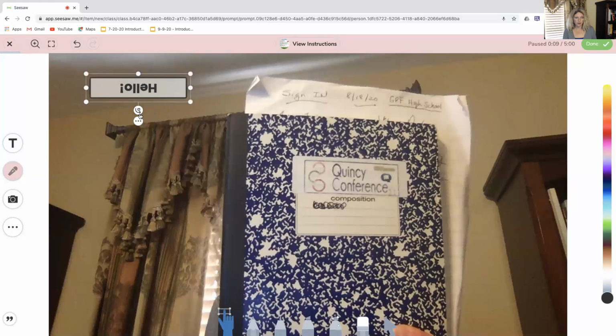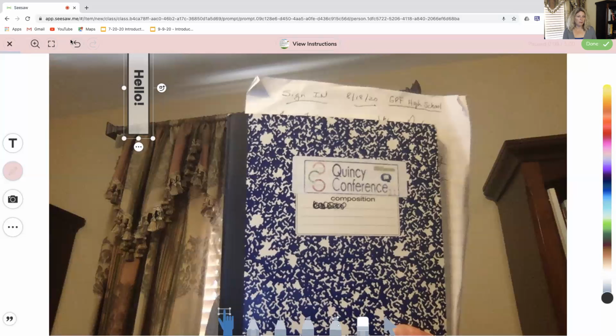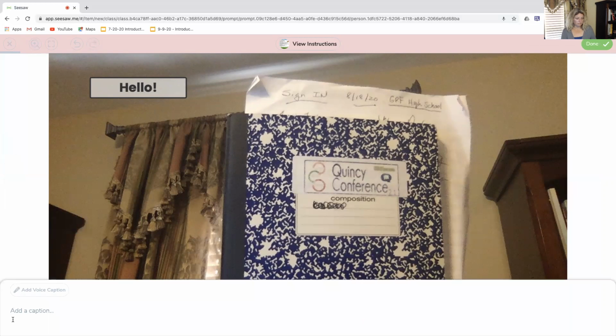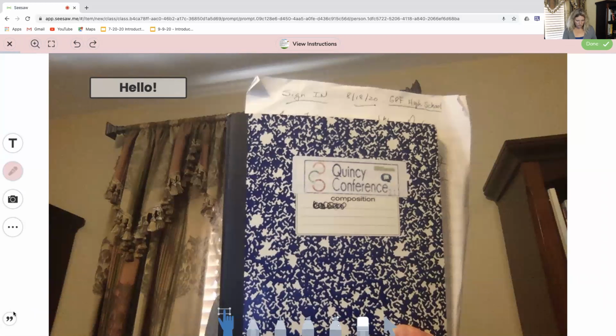But let me go ahead and rotate it back through. I can also come up here to the top. I've got an undo button. So I could hit undo and redo as well. So again, if I click on these 3 dots, I've got some other things. I could put a background or link this to a web page or link it to something else out there as well. So, and then I've got this down here where I could add a voice caption to the activity